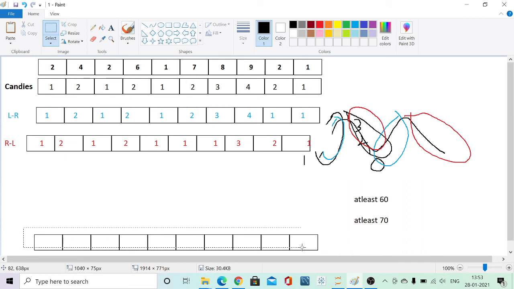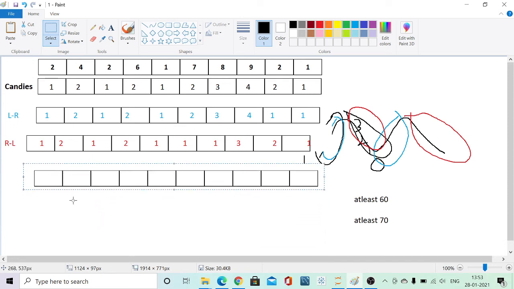When we move from left to right, we satisfied the requirements of each index if we are moving from left to right, and similarly when we are moving from right to left, we again satisfied the requirement of each index according to that scenario. Now for each index, if I pick up the higher of the 2, the minimum requirement condition for each index is automatically satisfied. Let's see here.